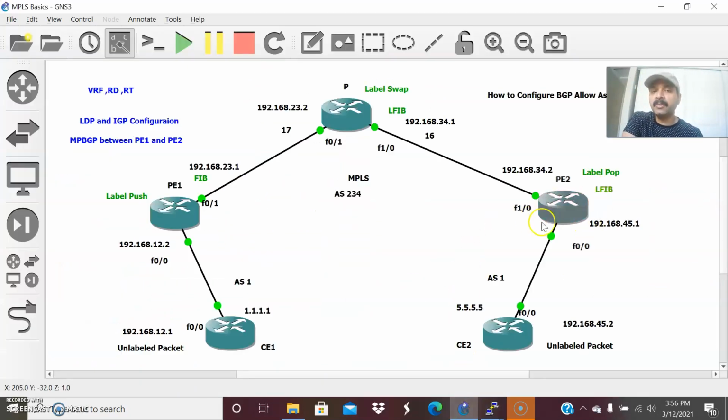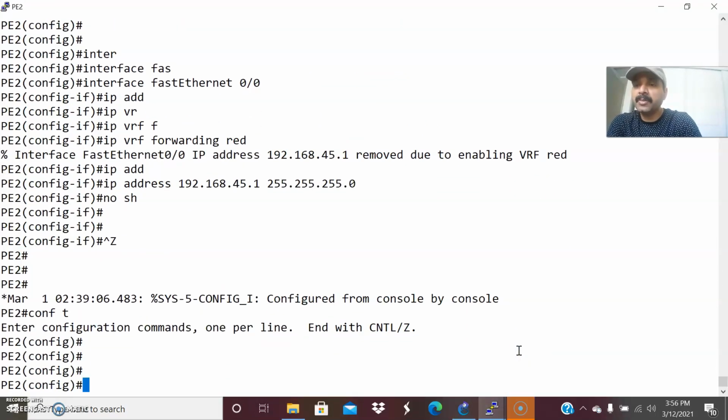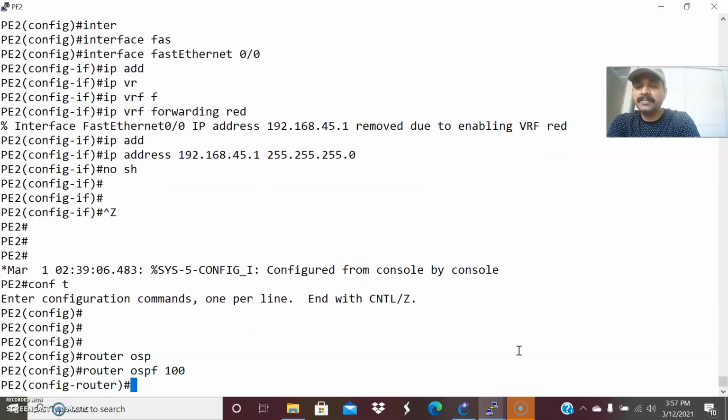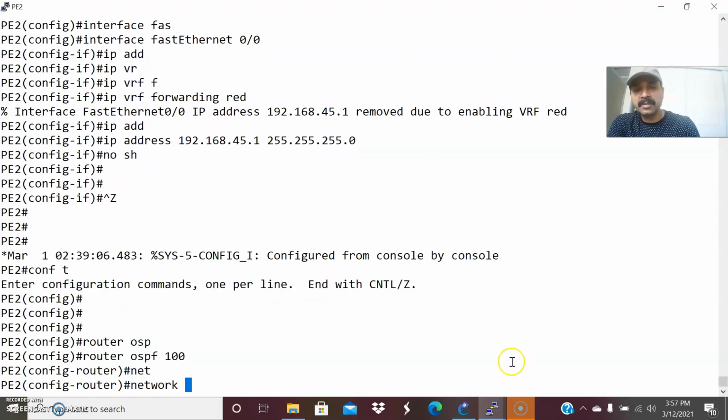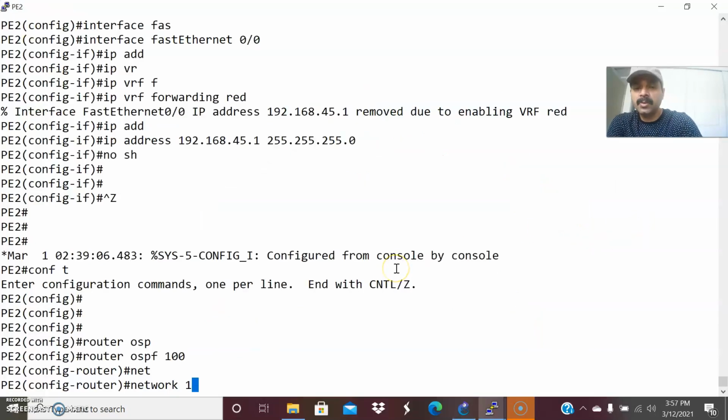One more thing is pending on PE2. I have to activate the LDP and IGP configuration. So let us go to PE2, configuration mode. Router OSPF 100. Only the MPLS environment network, this corresponding interface, I'm going to advertise, not the other interface. So 192.168.34.0, 0.0.0.255, area 0.